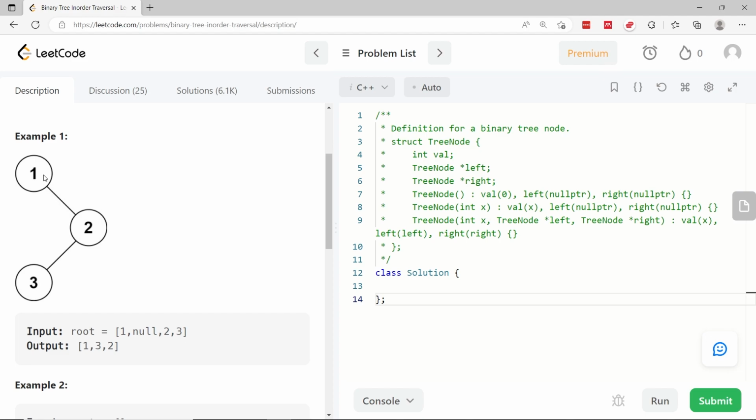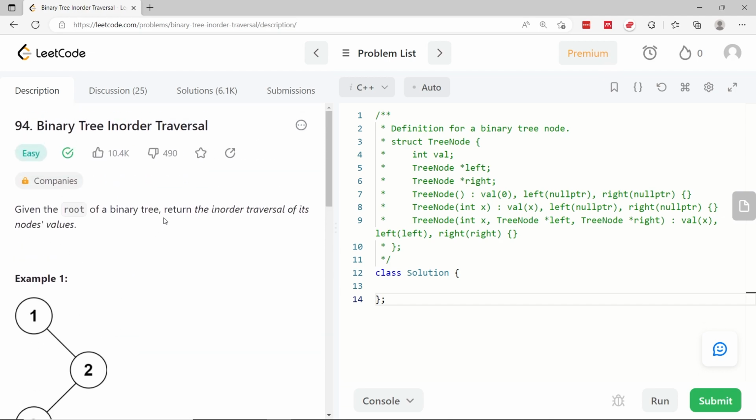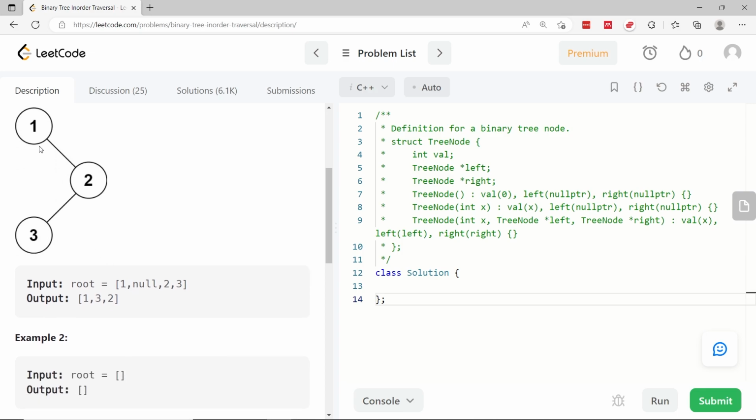We can use a depth-first search algorithm, and we can use a recursive function to achieve that. But there is one small trick here. We have to return the in-order traversal of the node's values through a vector. So the vector has to be a vector of integers, and we need to return the values, for example, 1, 2, 3, in a vector of size 3, where the contents of the vector would be the values of these